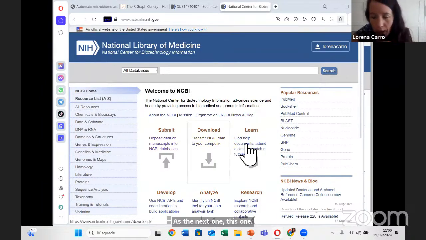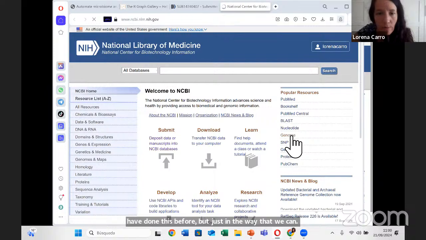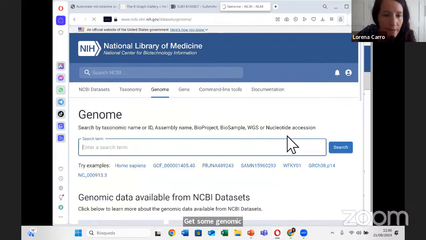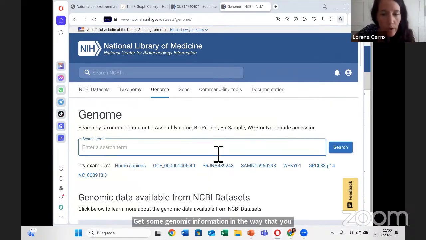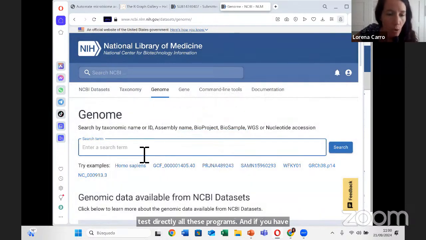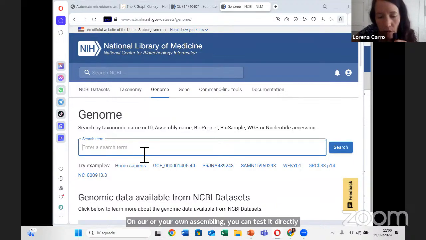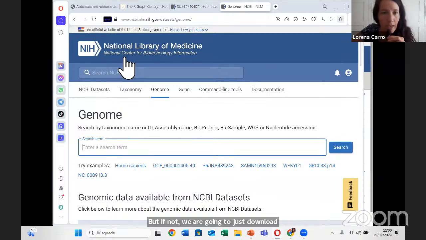I don't know if any of you have done this before, but this is the way that we can get some genomic information to test all these programs directly. And if you have your own sequence or your own assembly, you can test it directly. But if not, we are going to just download some of them